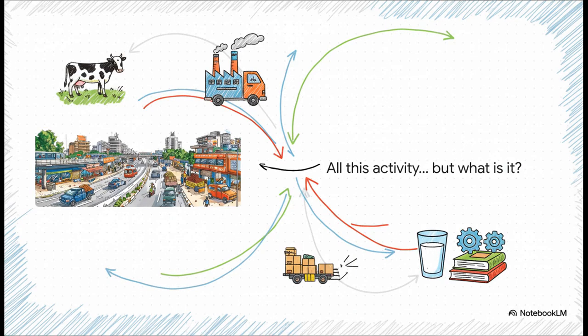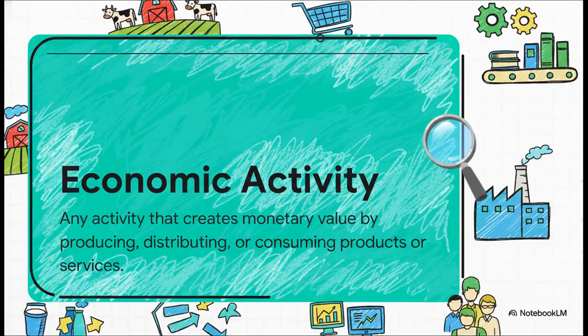All right, let's just dive right in. Take a good look at this picture. What do you see? There's a bus, there are shops, people selling things, people buying things. So much is happening. Well, all these things that people are doing to earn their living, to earn money, that's what we call economic activities. Simple as that.